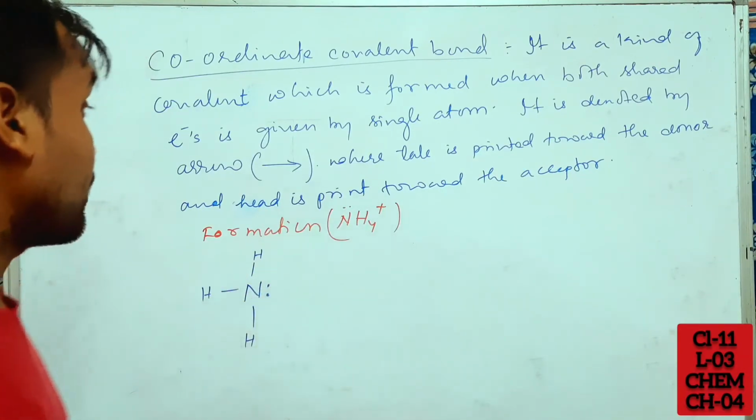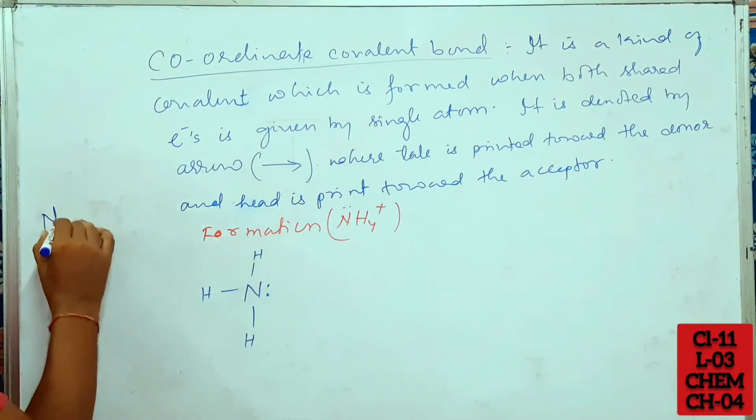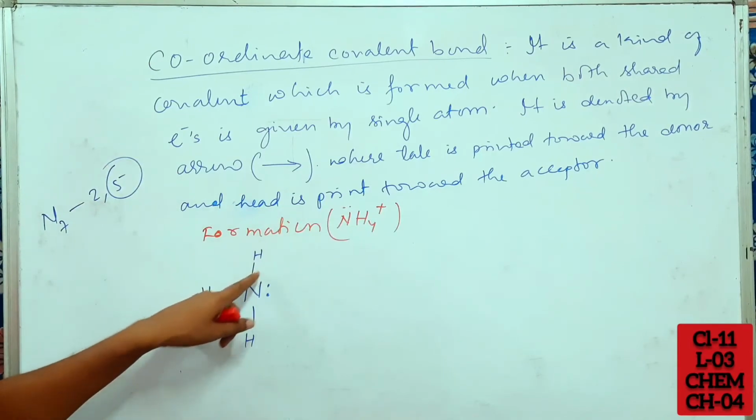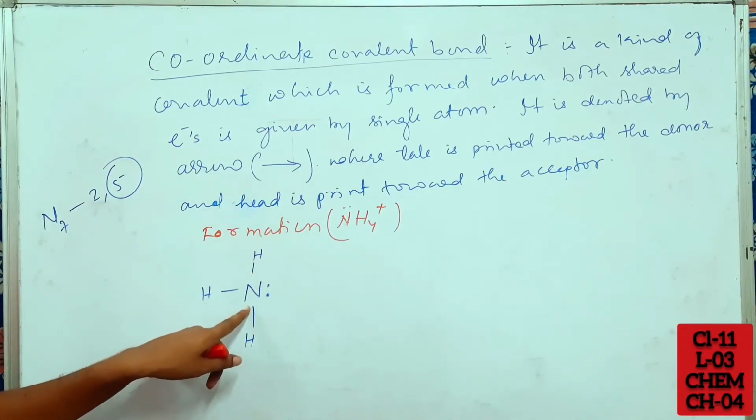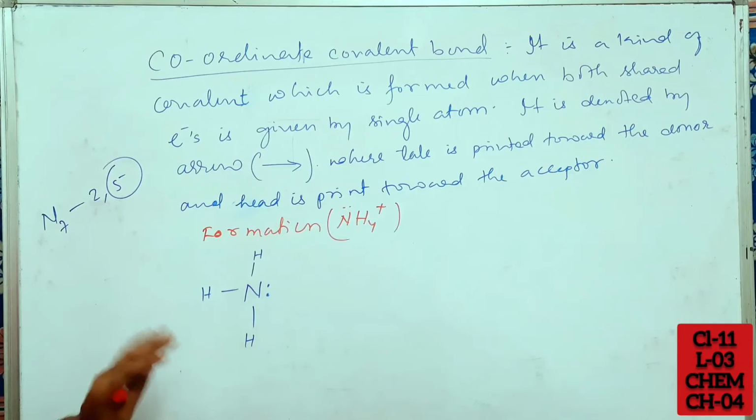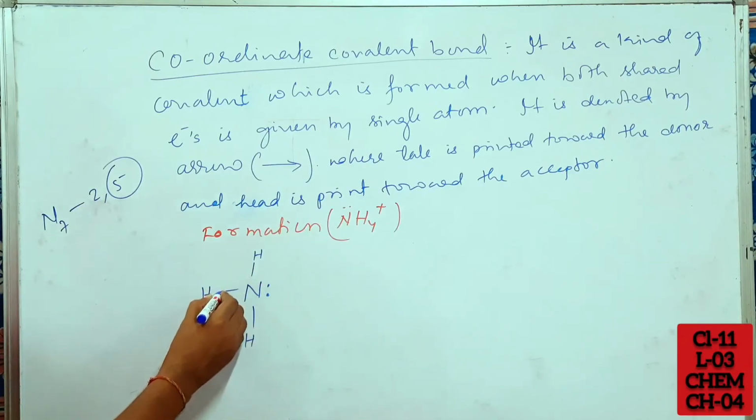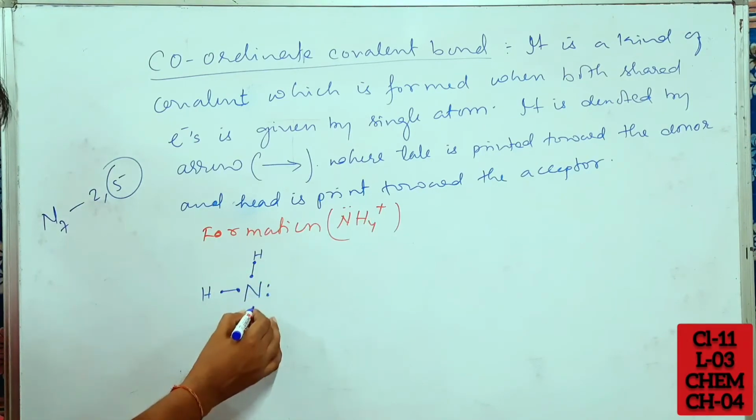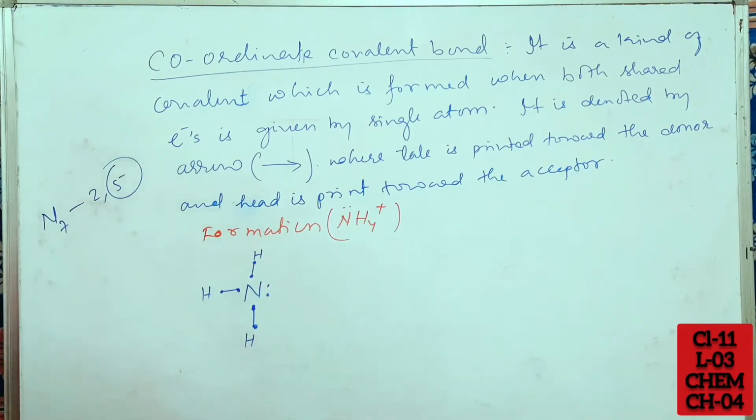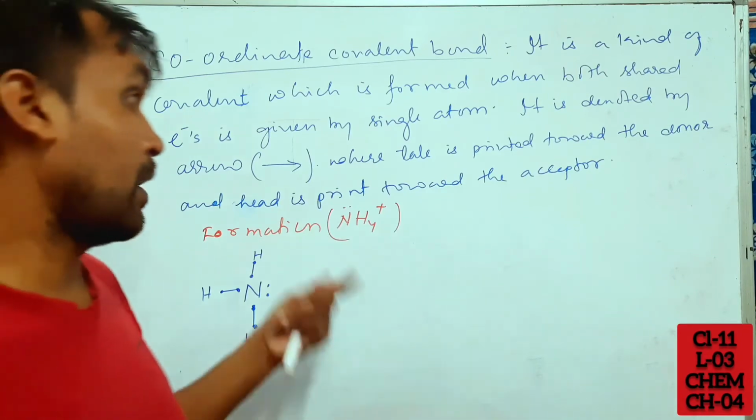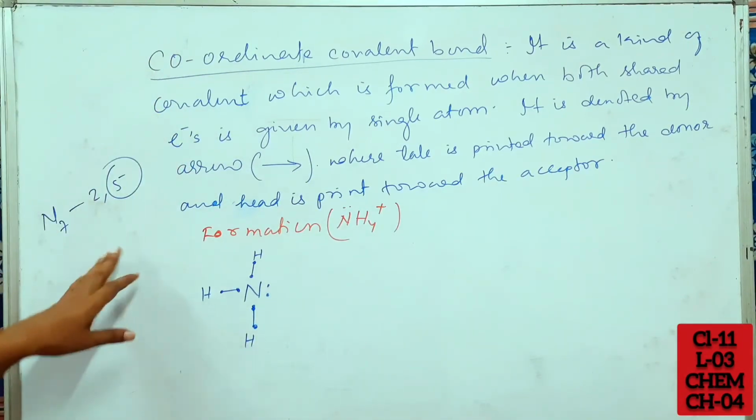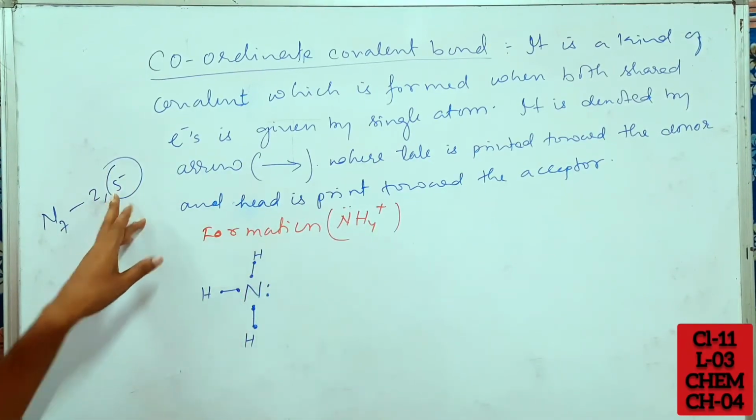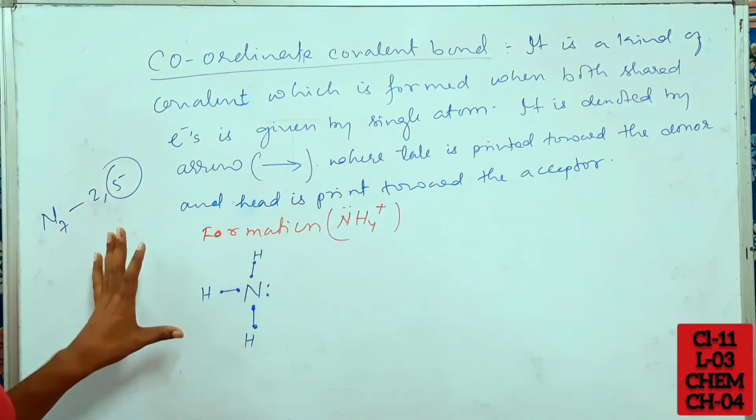Nitrogen's valency is what? Nitrogen's atomic number is 7, so the configuration is 2, 5. So 5 is the valency. 3 electrons here and 2 here, 5. Got it? One electron is given by hydrogen and one electron is given by nitrogen to form these bonds. Again I am telling you, if you don't have clarity, please go and watch the first 2 videos, then only you will understand this. So this nitrogen has 5 valence electrons, so 3 electrons are used for forming bonds with hydrogen,